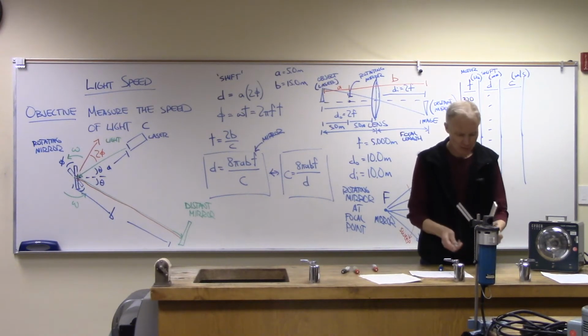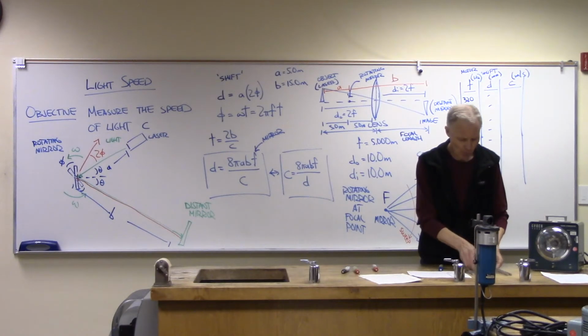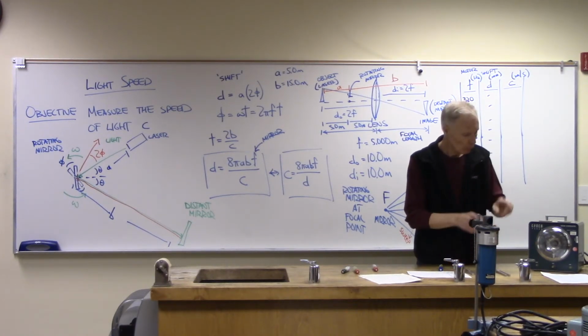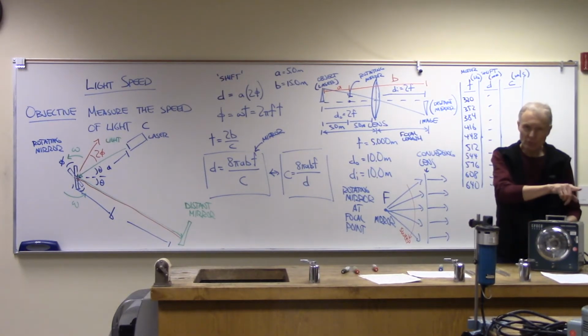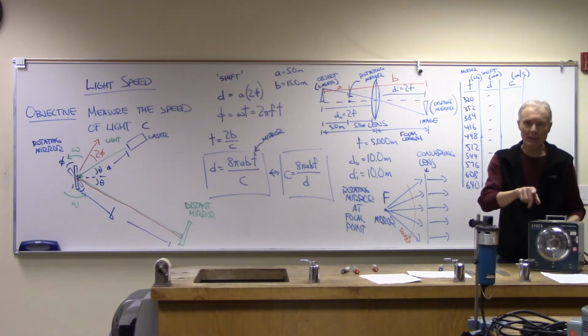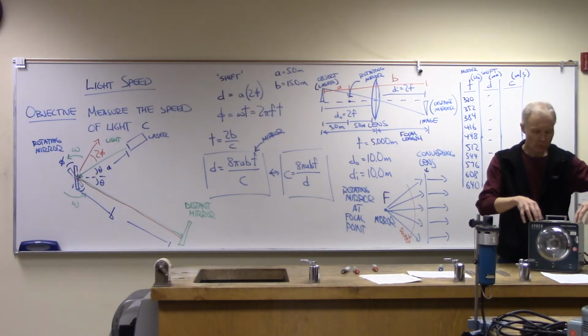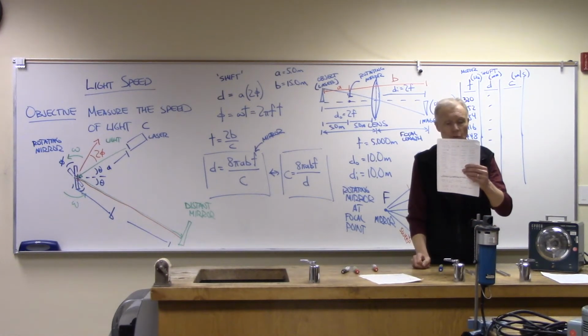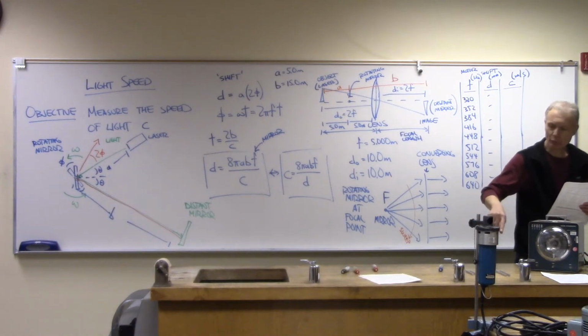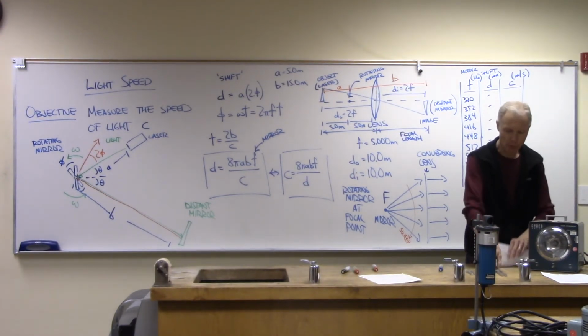So I brought out a set of tuning forks, and when I put the tuning forks in front of the strobe light, I was able to move slowly through the variable frequency of the strobe light, and I did a calibration on the strobe light. What I found was that for the particular frequencies that I have for these tuning forks,